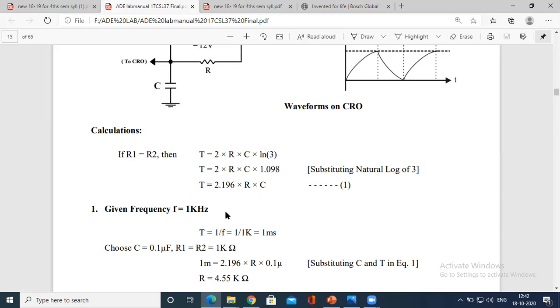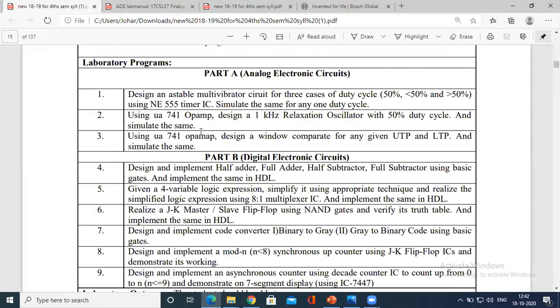Now the first part: given the frequency, that is, design a 1 kilohertz relaxation oscillator. So this 1 kilohertz is given.